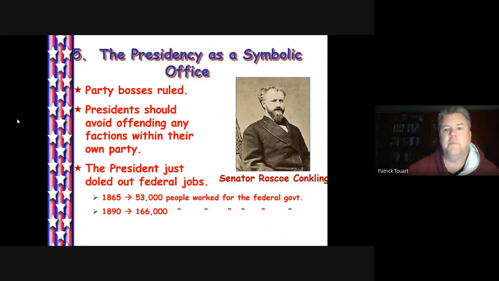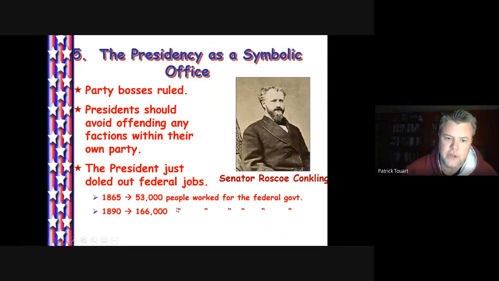And so it was a period when the party bosses of New York City or of the various big cities would dominate the national conventions. They would dominate the nominating process. And so really what happened was you'd often see presidents emerge who could find a way to reach the compromise between what we would call factions. So think of the Republican Party in office as really a divided party, just like the Democrats were, over various issues. And really what they were most divided over was who got to hand out the jobs,